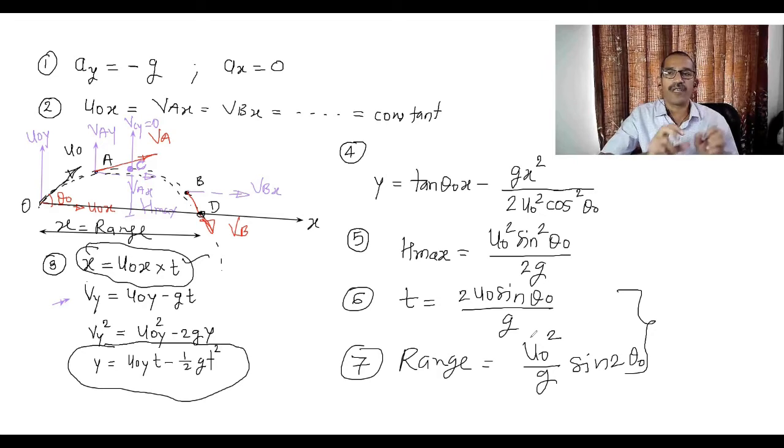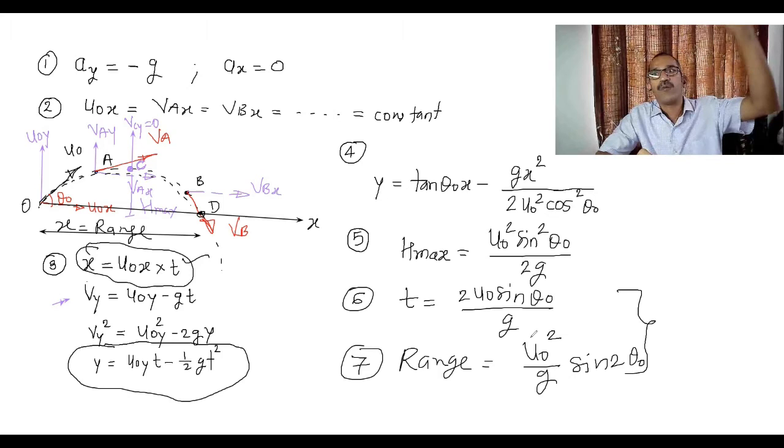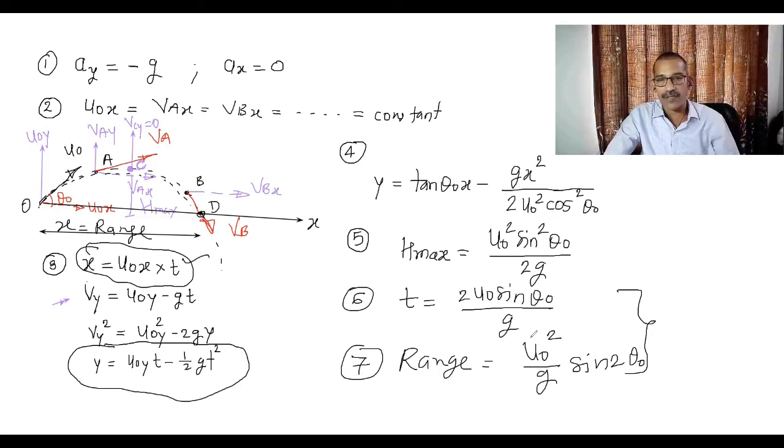That means if you get any problem where a body is thrown in some direction from the top of a tower and then it strikes, it moves below this level, so you will get some y difference. Whenever there is a y difference, this formula of time and range is not valid. Sometimes a boy throws a ball from the ground and it strikes the wall. That means between ground and wall there is a vertical difference, right? Therefore, these formulas are not valid when the initial and final position don't lie on the same horizontal line.